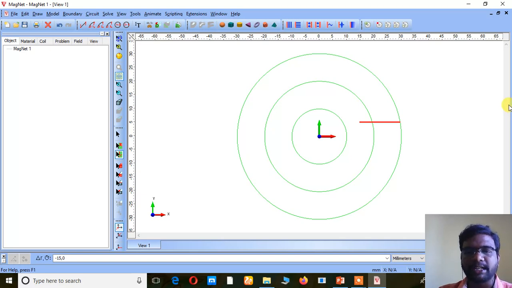So I want to cut it into two segments. So where is the segment tool? I want to cut it now, so take this scissor tool. This is the segment tool to cut. Now I am selecting this. We are able to see it is split into two segments.